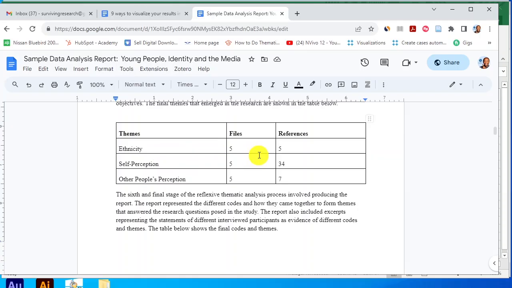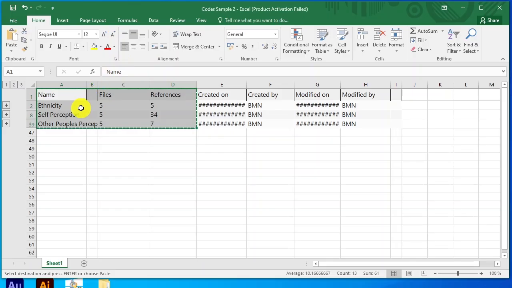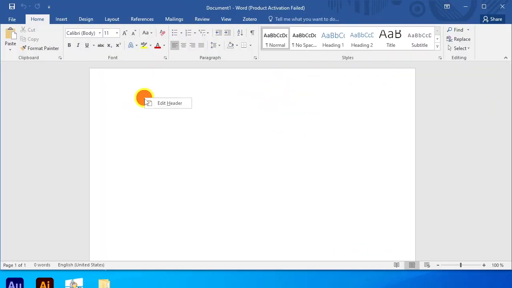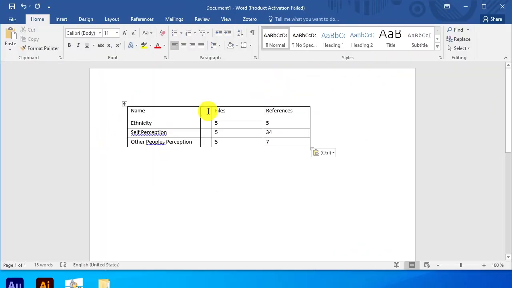But you can go even further and come up with what we call bar charts using Microsoft Word of such kind of information, and that's what I want to show you. Now, the information that we got from the Excel file, for example, these are the major themes that I obtained from my study. I can copy this and I can go ahead, open a Word document, and copy the table there, and then I can delete